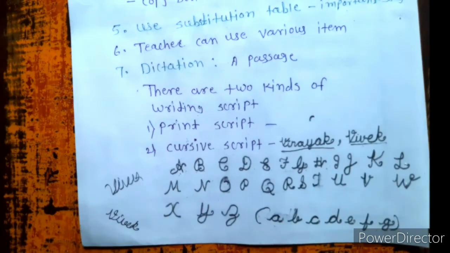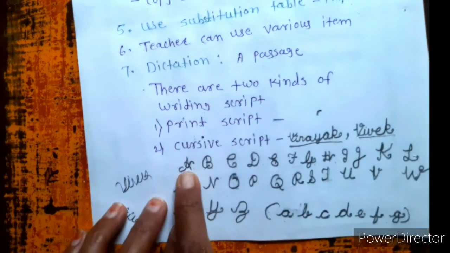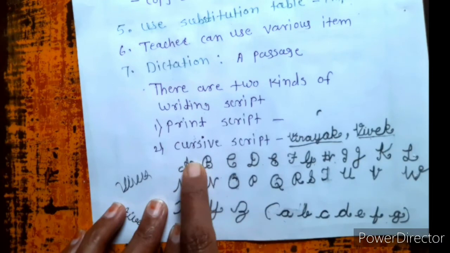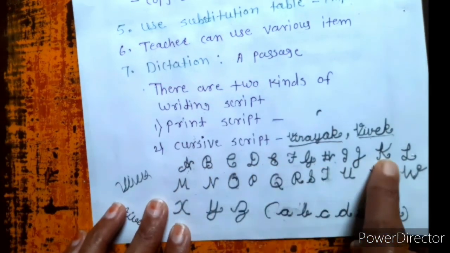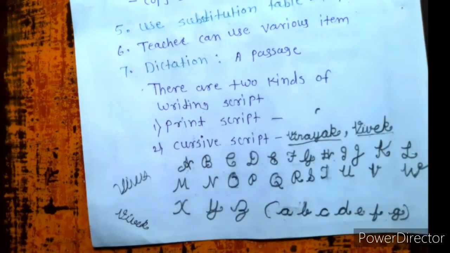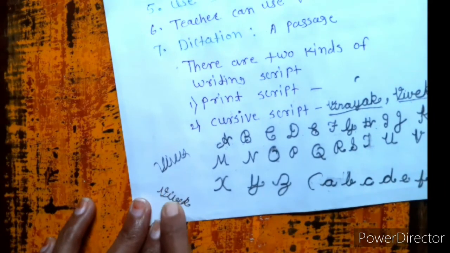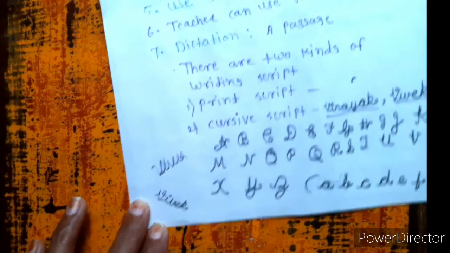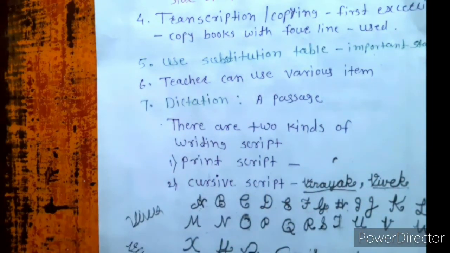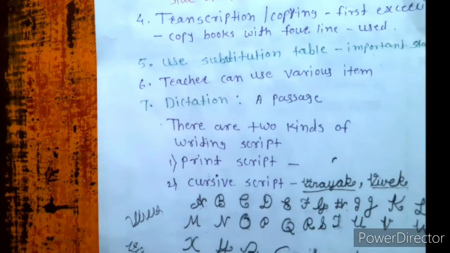Cursive writing means to give a little tail. Little tail means here. Notice, look at these words. Here is the little tail of every letter, and the little tail joins the letters, like that. Each and every word has a little tail, and this tail joins to another letter. So we can write fast with the help of cursive writing. Cursive writing is easy to acquire, and it is used for higher speed in writing.